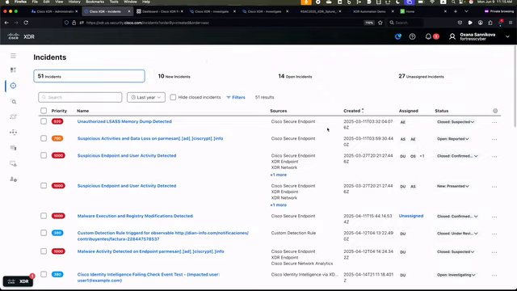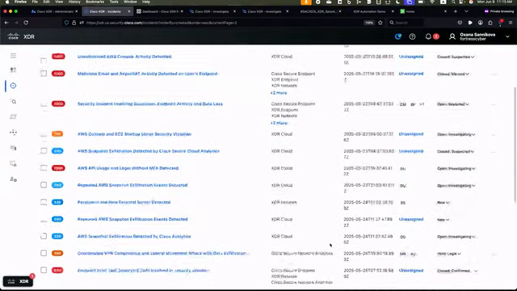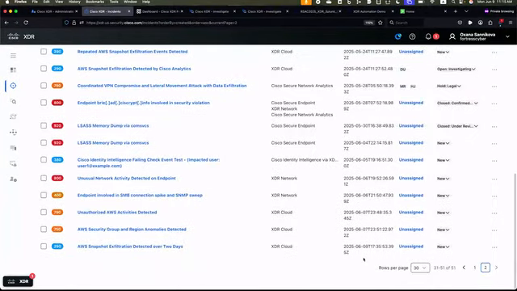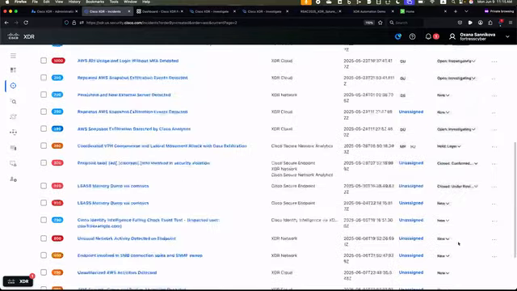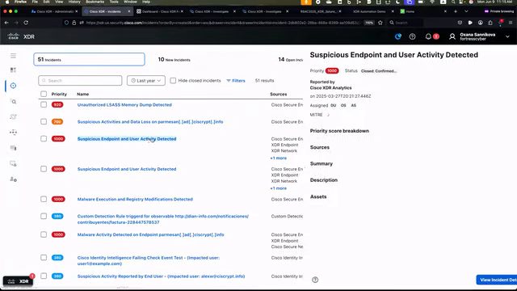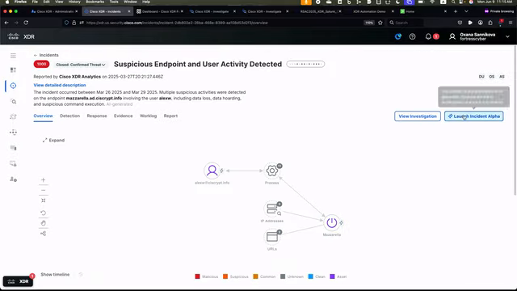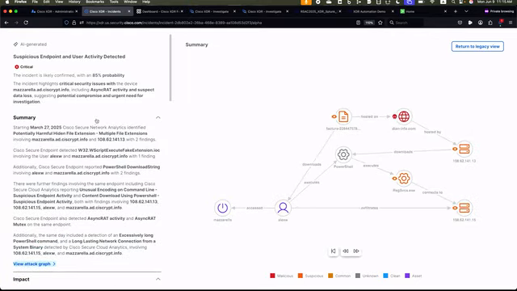So if I just quickly pivot to that incident, let me just find the right one. What will the new experience look like? And again, this is another variant of that spear phishing attack. But once we apply all of that AI technology on top of it, and the new UI experience,